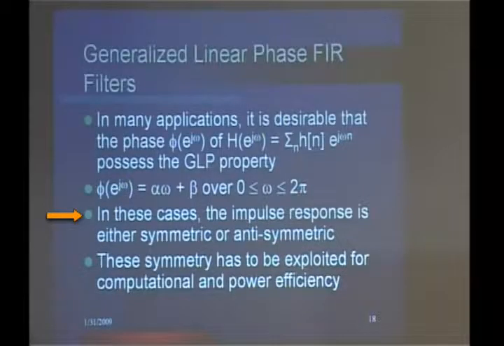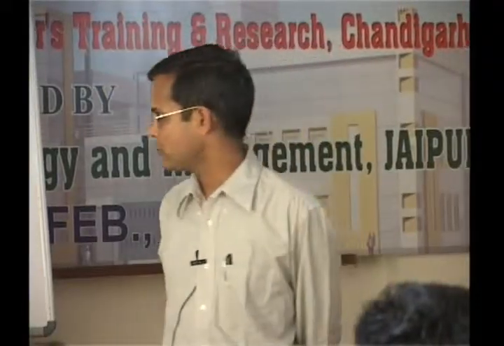In addition to that, the implication for us is this. The impulse response will be either purely symmetric or antisymmetric. Why is that so important for us? Because when we implement,